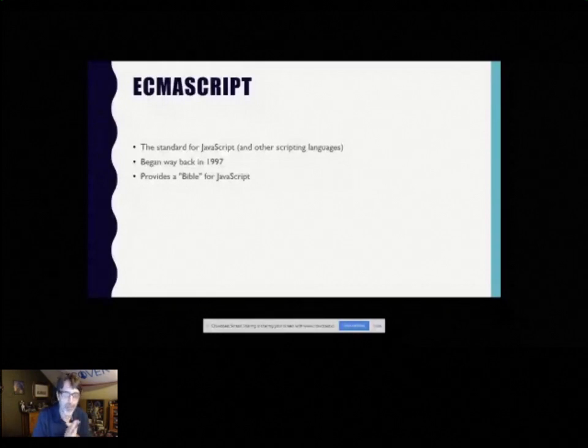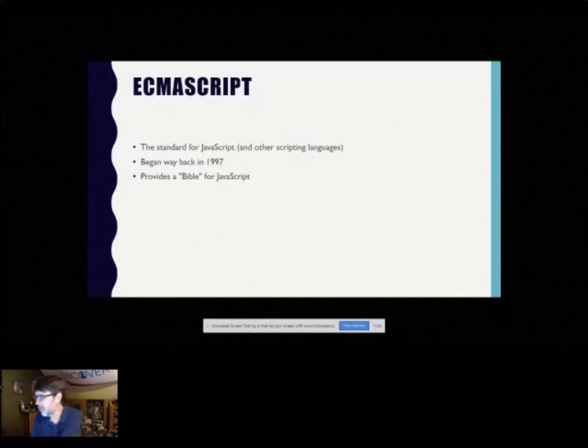However, I think Bible provides a good keyword for how to think about this. So much like some people disagree, I'm saying it nicely, about the Bible and what it means, and obviously other texts as well, there are some disagreements in terms of how ECMAScript should be interpreted.